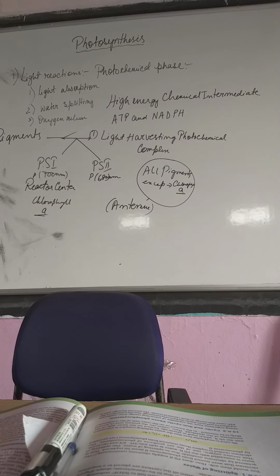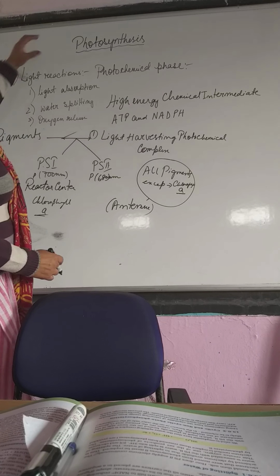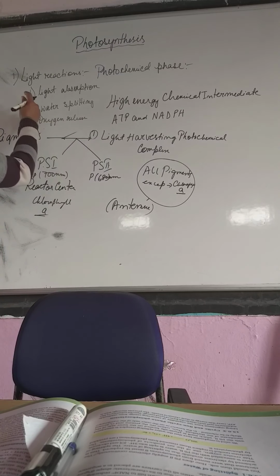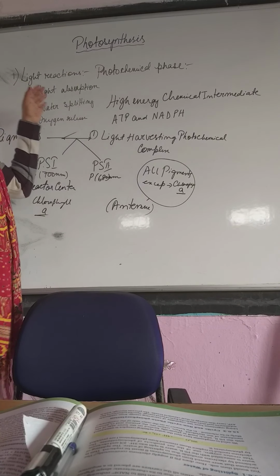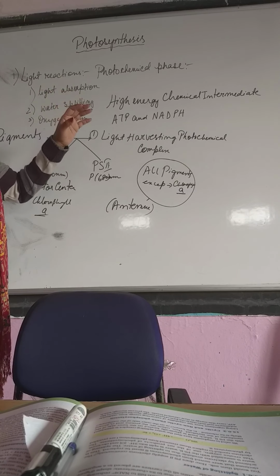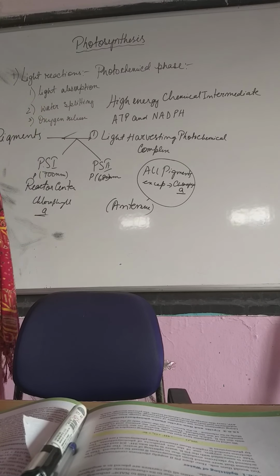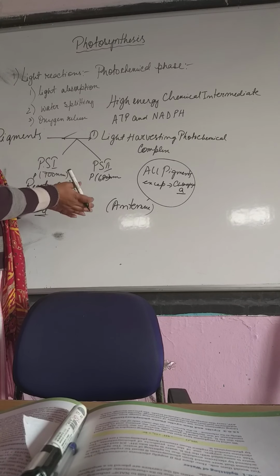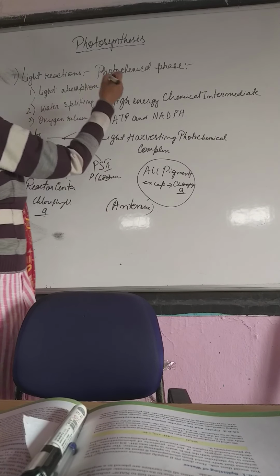Now, as you can see in front of you, we are continuing with the same chapter of photosynthesis. Here we are dealing with the light reaction. Earlier also I have said this light reaction is basically a photolytic reaction. That means a reaction that takes place with the photon, that is light energy, and lysis means it produces a chemical splitting. Now let me tell you how.